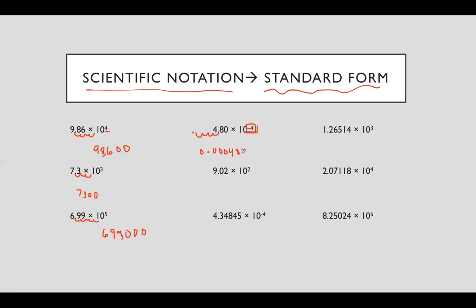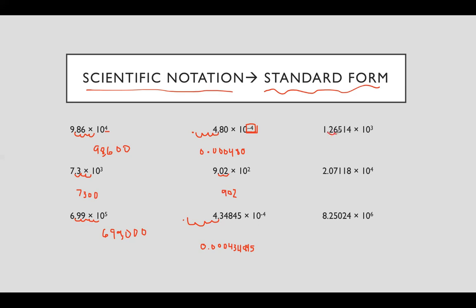0.00048. And then here we're moving the decimal over 2 times, so we get 902. Here again, the decimal goes 1, 2, 3, 4. So this gives us a very small number. Sorry, that's not very neat. Okay, and then